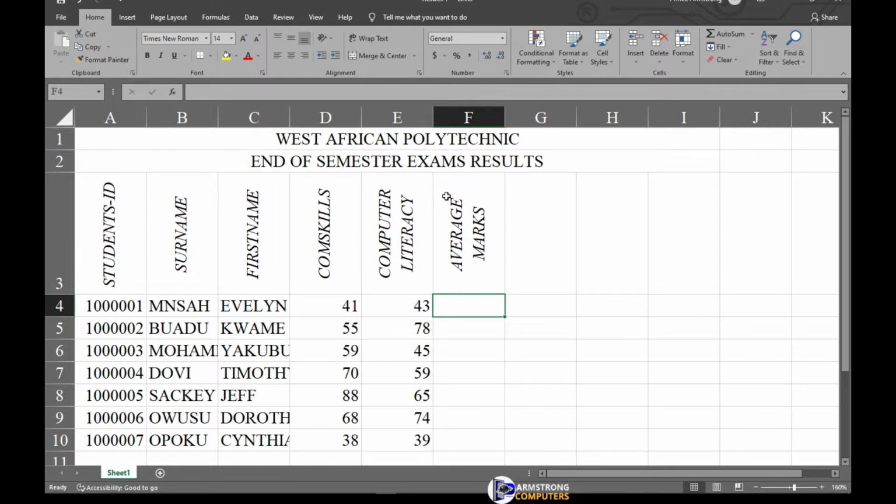So now, after you format your work, what I'd like you to do is move to cell F3. Here we are going to find the average mark for each student, and then we'll go ahead to the next thing. So I'll move to cell F3 and enter a formula to find the average mark for the student. Therefore, for the average mark, the formula is equal to